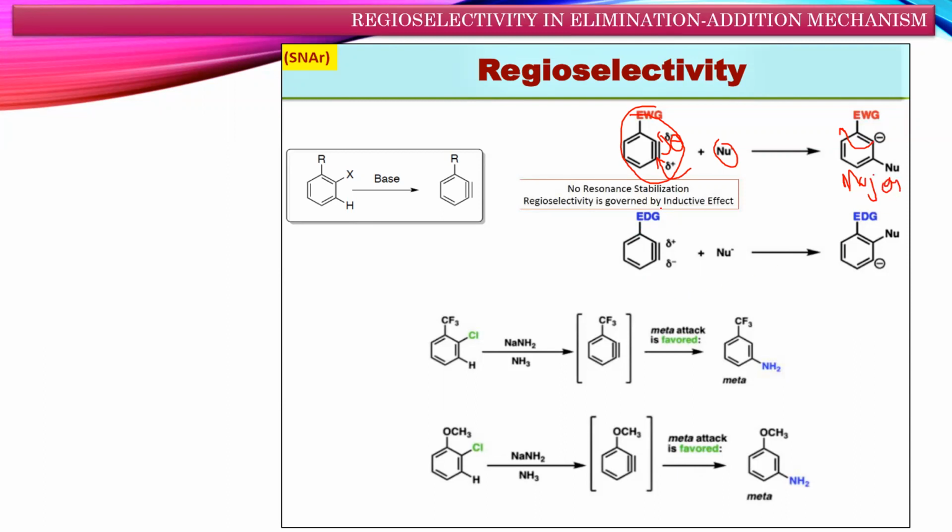Or if the substituent is an electron donating group, the nucleophile attacks here and the minus charge comes here. If a minus charge is already there, less electron flows at the ortho position. If the minus comes at the ortho position, the extra electrons are not available, so that is not major. So the minus comes at the meta position, and this is the major product. By looking at the substituent in the elimination-addition mechanism, you should decide the major product. That is very, very important in the exam. When the major product is written, the marks are given.